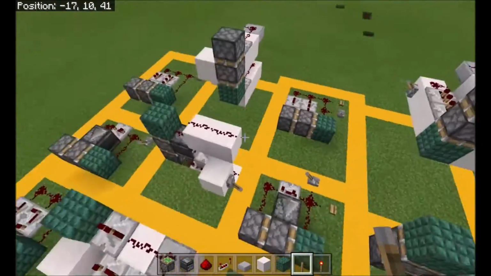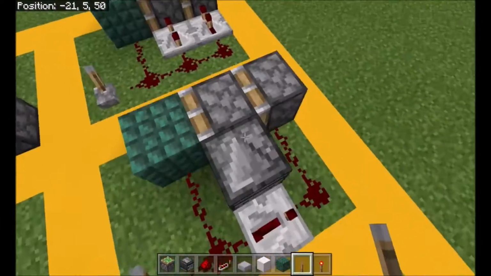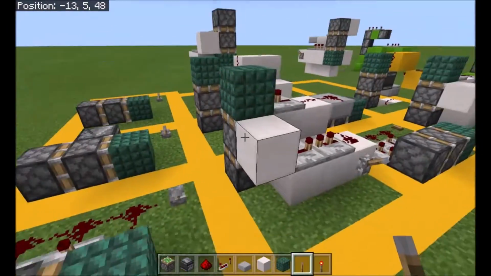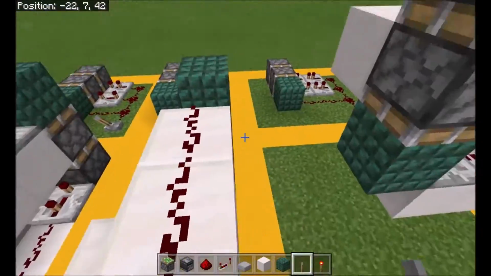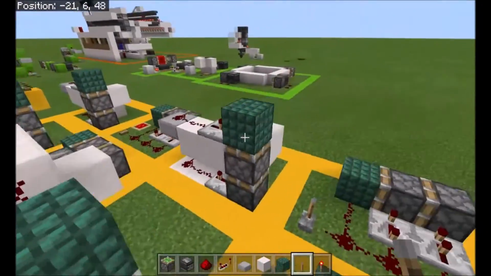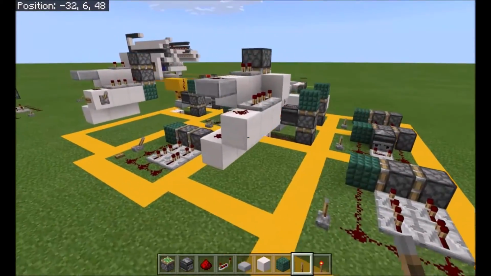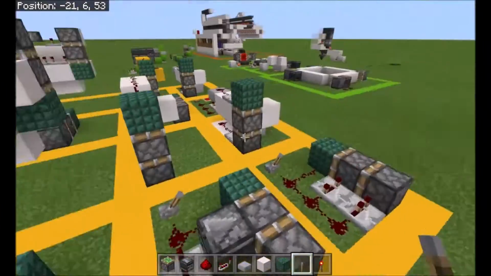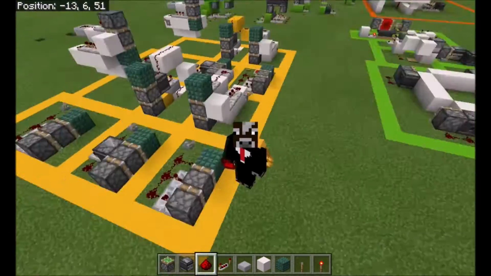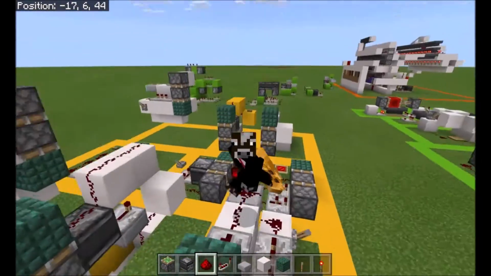5.5 double piston extenders, and I did try them out, and obviously this one works in Java, this one works in Java, and this one works in Java, but these 3 do not, due to like bud powering and not like they need to update and stuff. I don't really understand, but they didn't work, these 3, but these 3 do work, so if you want to use that in Java, and obviously all 5 of these work in Bedrock, this one does not, and yeah, if you will use these, or were wondering how to build a double piston extender in Bedrock, and I guess